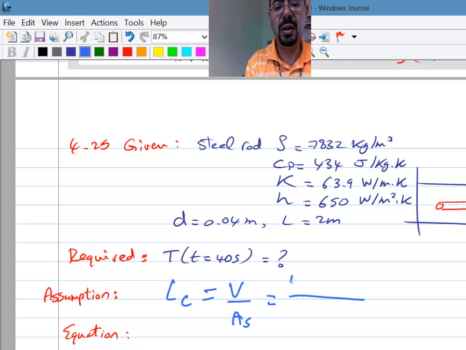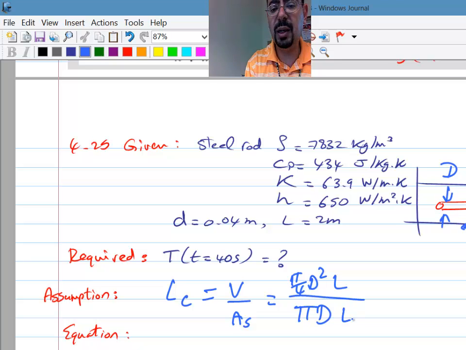Anyone? Pi squared, yeah. Pi over 4 D squared multiplied by the length. So D is this diameter, and of course L is the length of the cylinder. That's the volume, and the surface area would be pi D L, right? The circumference times the length. And one of you should jump on me and say what happened to the